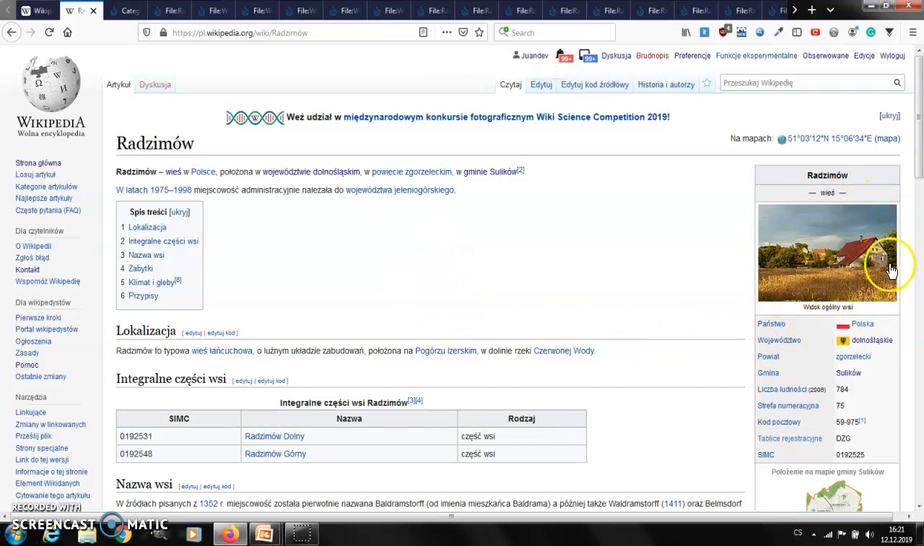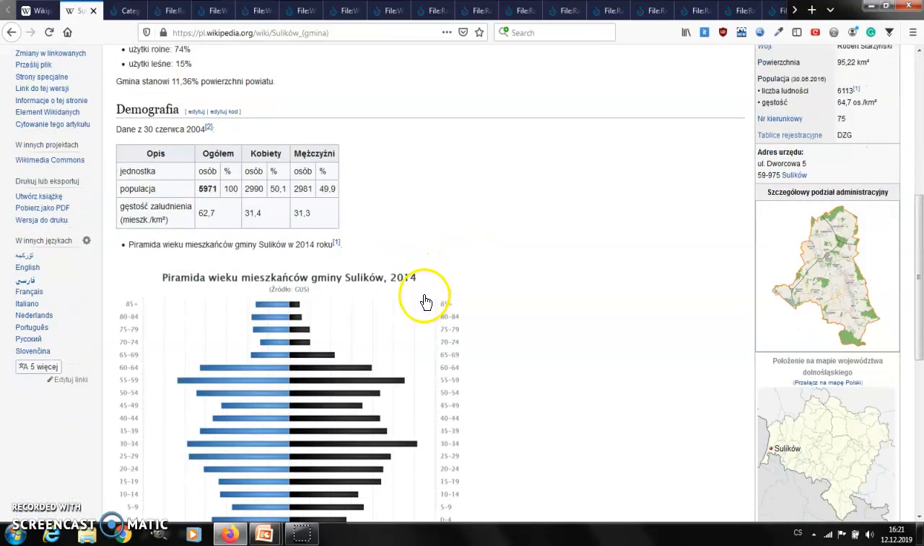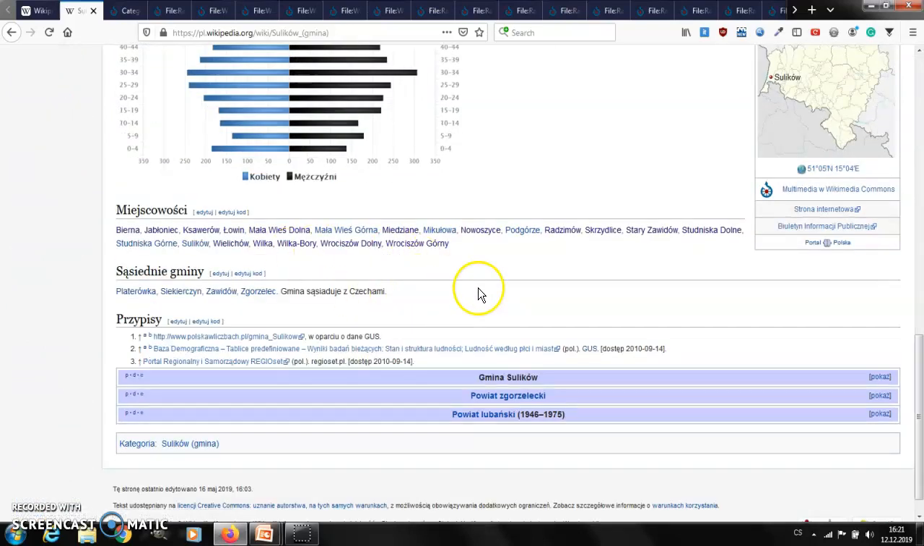So there should be one image in this box and it's already here. The other image I can place in the article which relates to this, and that article is called Gmina or Gminie something. It's usually in the first phrase, so in this case it's here. I click on it, and here I can add it to the gallery. But before